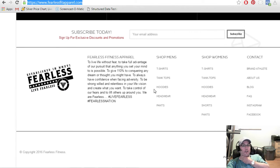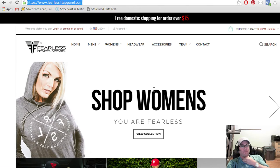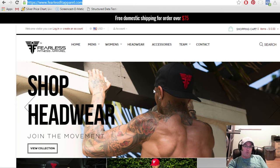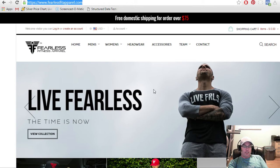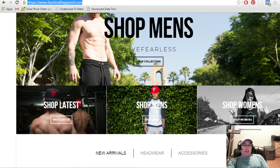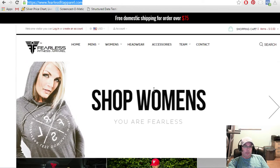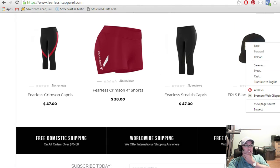Okay, now normally on a home page or any page on a website, you have to weigh user experience, and we always want to focus on user experience. We want to make the page as relevant as possible for what we're targeting. Google reads text. So if we have a bunch of images on a page and not much text, there's not much for them to read, I guess you'd say. Normally, I recommend on all sites, we'll say most sites, to have content on the page also. Just because if you look at this page,